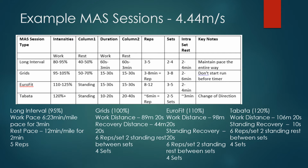So, some example maximal aerobic speed sessions using that 4.44 meters per second from the previous slide. The one we're using the most right now is the Eurofit at this point in the season. And the way you calculate the work that you're going to do during one of these sessions is if you look down in the third to the right there, you have Eurofit 110%. So what you're going to do is multiply 4.44 by basically 1.1,